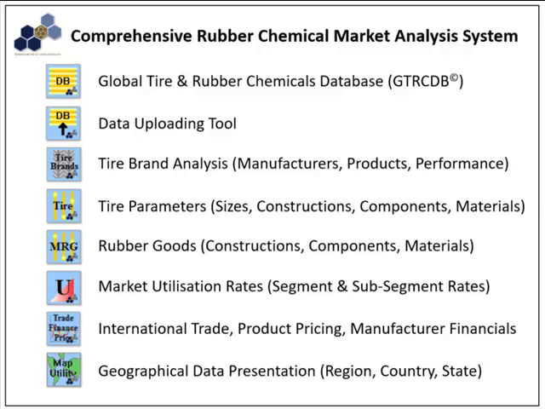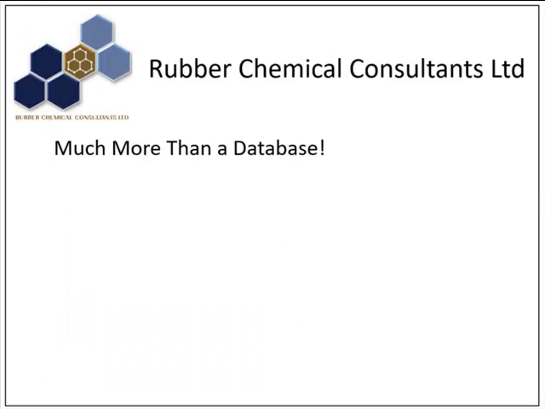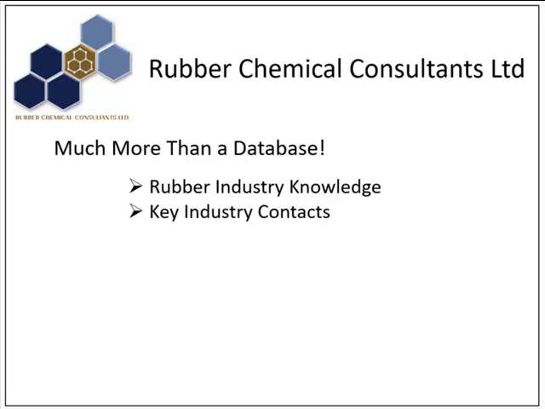Rubber Chemical Consultants has developed a comprehensive rubber chemical market intelligence and analysis system. This centrally controlled system is fully documented with change control, benchmarking and validation systems. It is important to emphasize that this system is much more than a database. Rubber Chemical Consultants provide other key ingredients to successful market analysis. These include extensive rubber industry knowledge from rubber chemical manufacturing through to compound development, a range of confidential industry contacts covering rubber chemical manufacturers, tyre manufacturers and rubber goods manufacturers. Finely tuned market models are validated against real-life usage data from a number of confidential tyre and rubber goods manufacturers.